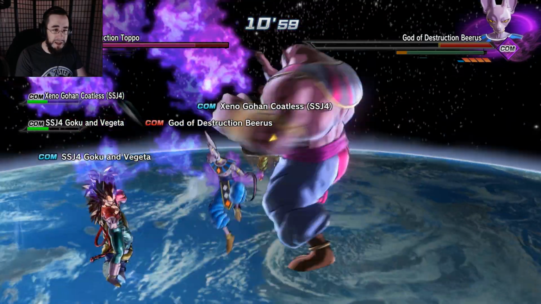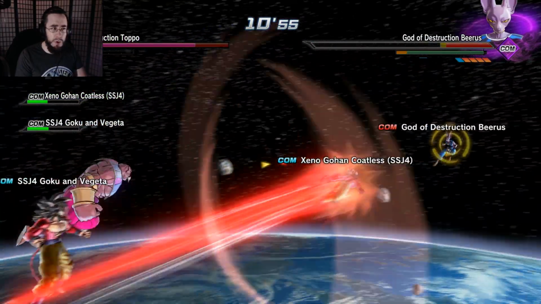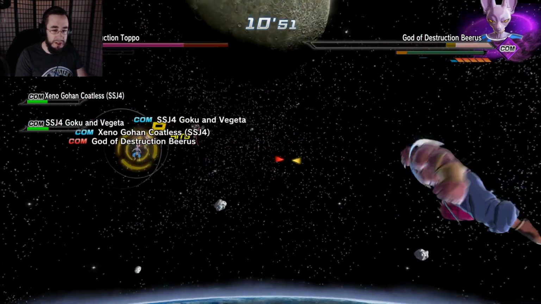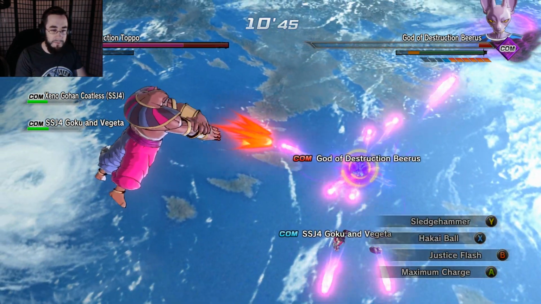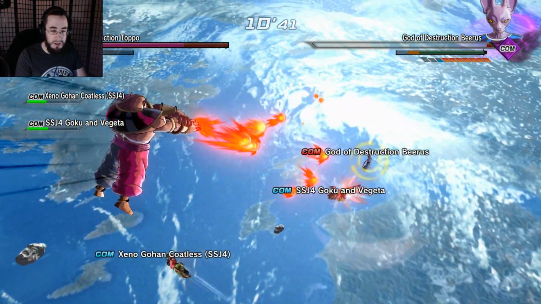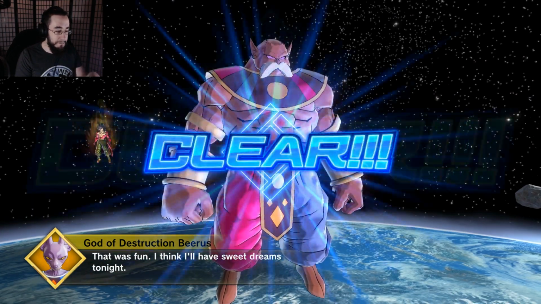So he is meant to be a character that is more realistic. So he's not overpowered, which is still okay, which means if you do local or anything like that with friends, you could use this character and not feel like a dick. That was fun. I sweet punched him. Sweet dreams tonight. But anyway,